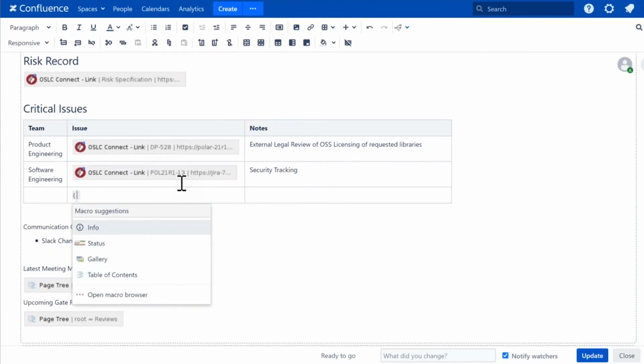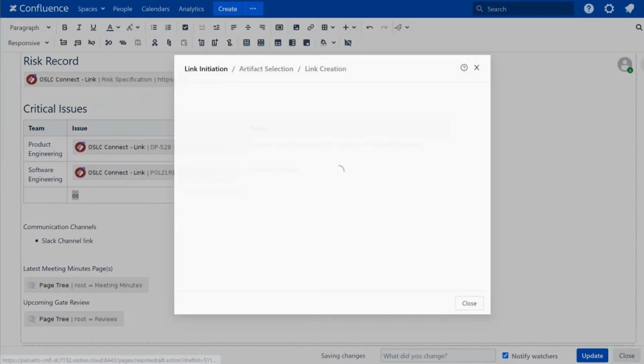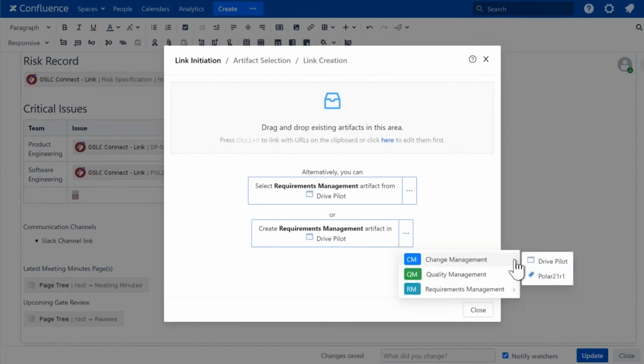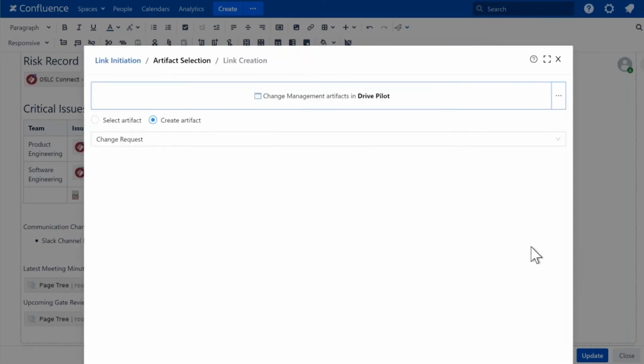So I can go ahead and trigger creating a link, but instead of creating a requirement, I might want to create an action item. So I might say, I want to create a new action item in my Drive pilot project. And you're going to see that now, instead of a selection dialog, I get a creation dialog from Polarion that allows me to create a new artifact within that remote system.